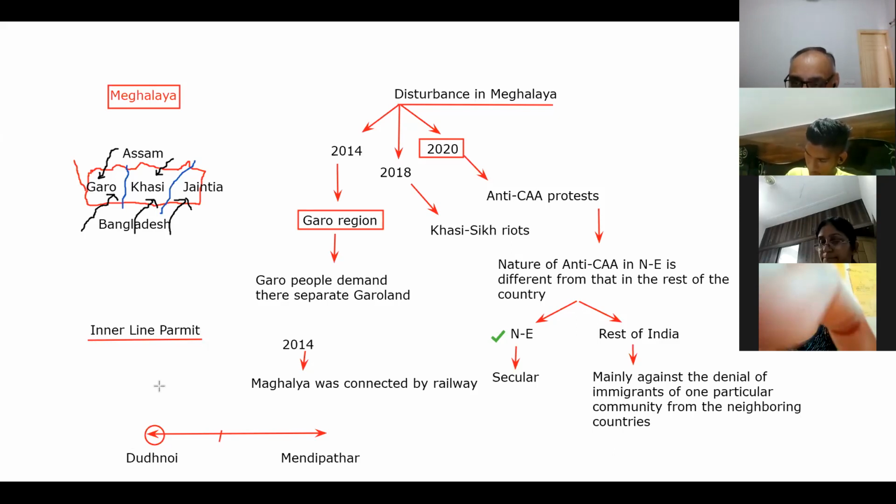of the inner line permit in the state, but till date it is not there, it does not prevail there in the state, right? So inner line permit हमने पहले भी बोला है कि ये 4 स्टेट्स में है, अरुणाचल प्रदेश में है, ये असम में है, नागालैंड में है एंड मिजोरम, राइट? सो ये वहाँ है, सो मेघालय में नहीं है। मेघालय के लोग चाहते हैं कि इनर लाइन परमिट इंट्रोड्यूस करो,